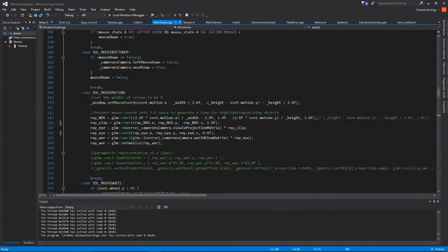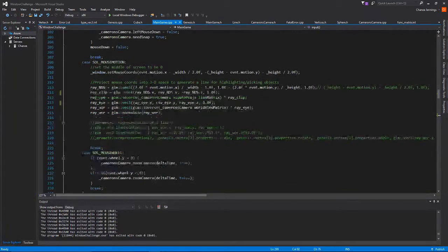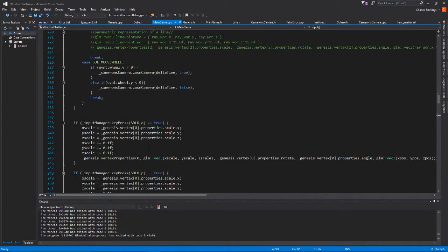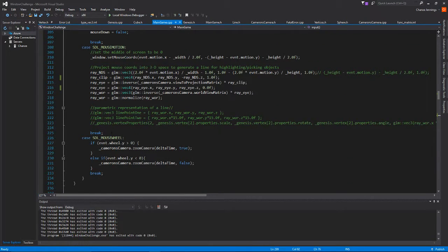I think I have a piece of code that implements that. Let's see if I can find that here. All right, so all this does is move it in the world, translate it,